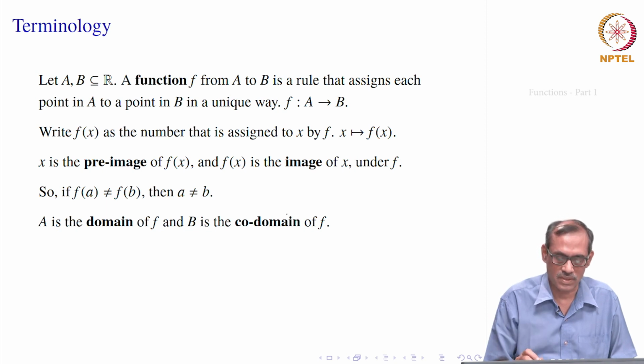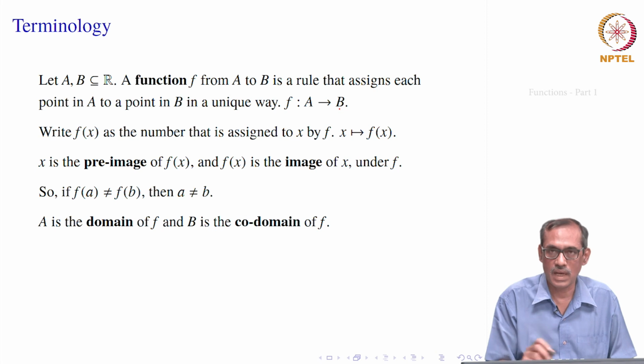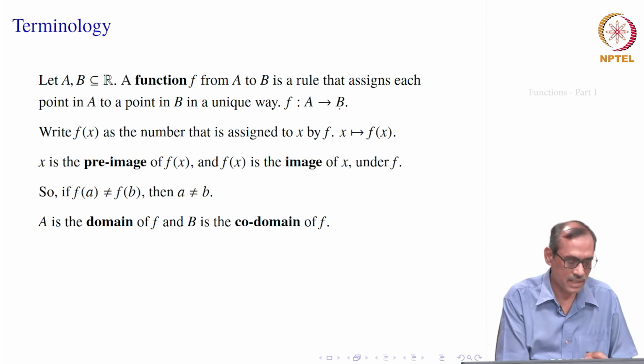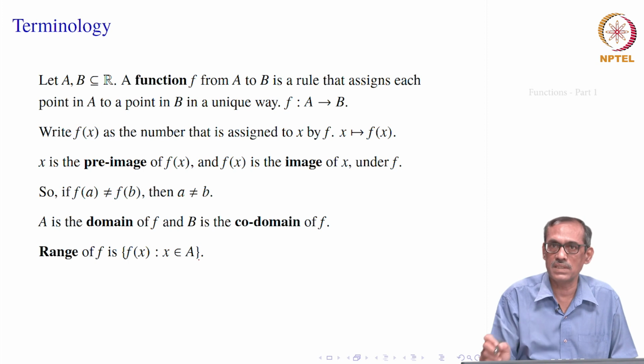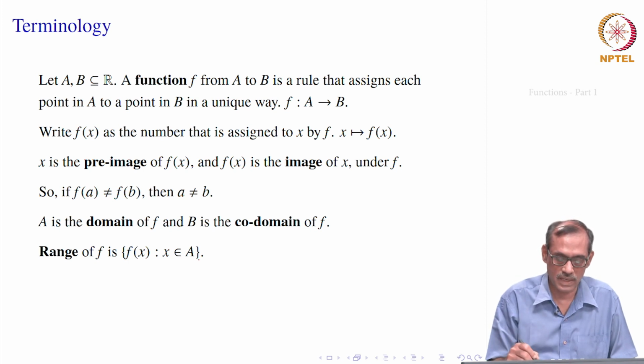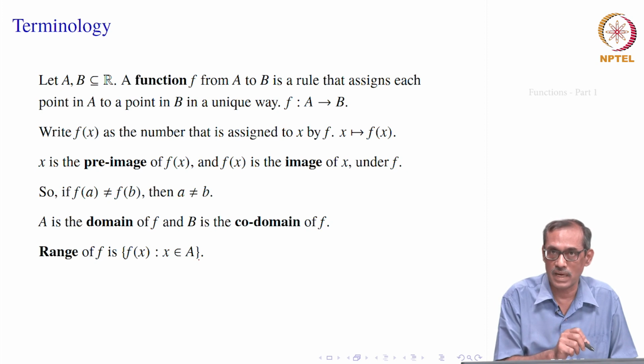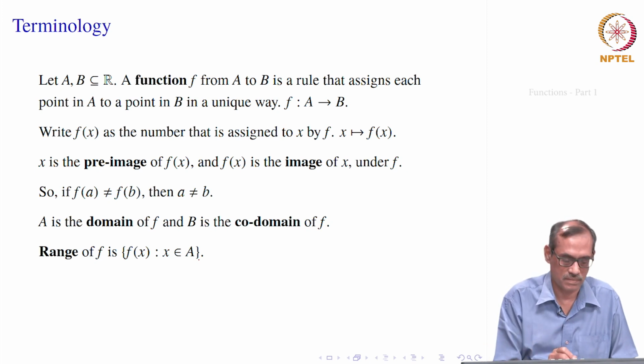So, codomain is the right hand side. If f from A to B is a function, the left side is called the domain, right side is called the codomain. But exactly what are really mapped inside B, as in case of mod, the non-negative ones, that is called the range of f. We will say that range of f is equal to set of all values f of x such that x belongs to A. So, it consists of a subset of B where everything is mapped. Outside it, you do not find one x such that f of x will be going to outside of this range, though they are members inside codomain.